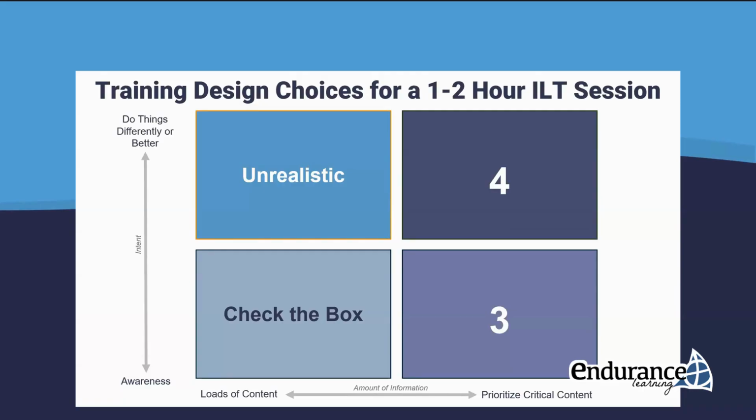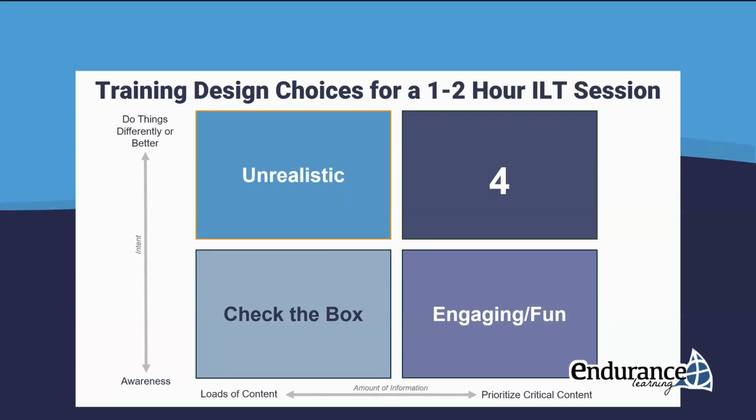And in box number three, that's where we can start to prioritize critical content and we want people to be aware of things. We don't necessarily have the expectation they're going to do something new or differently or better. That's where we start to get some training that's a little bit more engaging, a little bit more fun. This is when we can start to bring in activities like Jeopardy or Kahoot. We can have case study discussions. We can have discussions at a conceptual level. People may leave quadrant three kinds of trainings and say, that was the best training I've ever had. Now, which is great. That's a data point. It's not the only data point that's important, but it's a data point, and it's certainly better than "I was so bored," right?